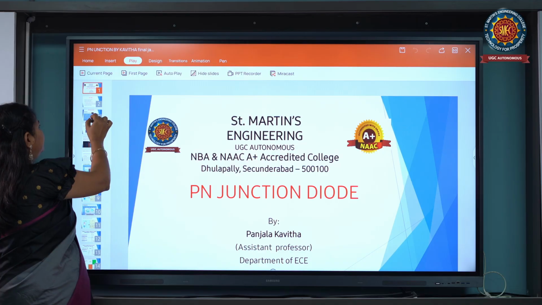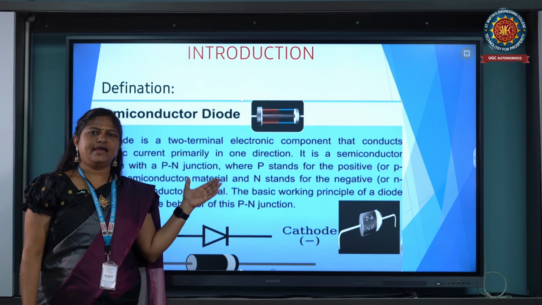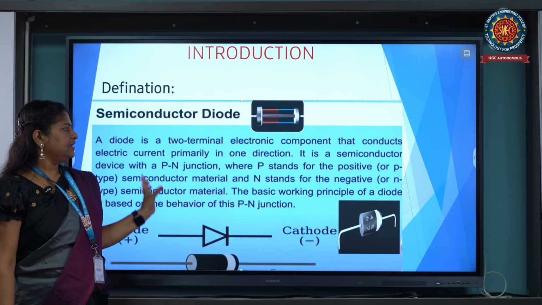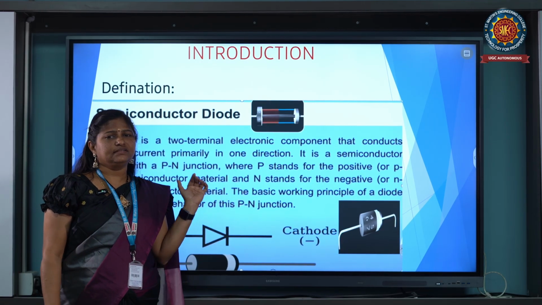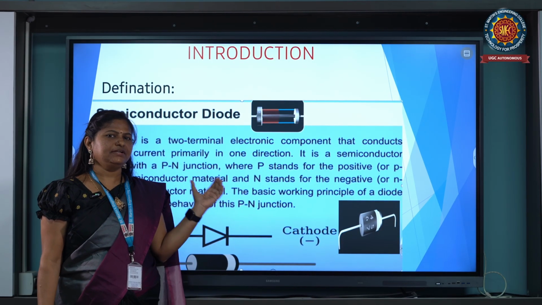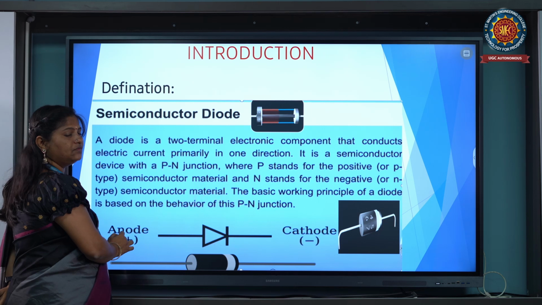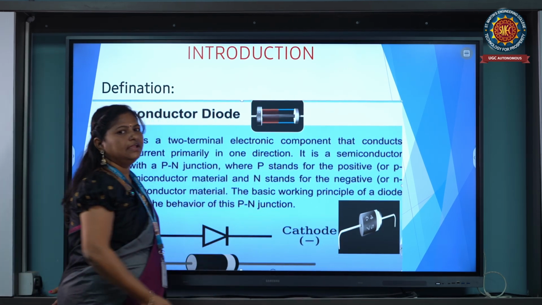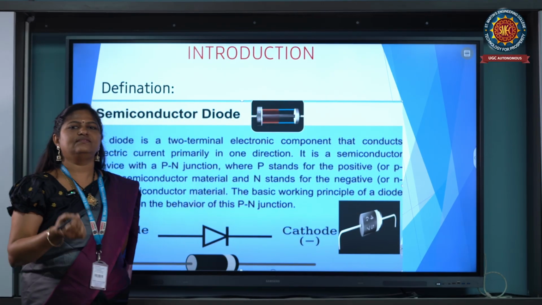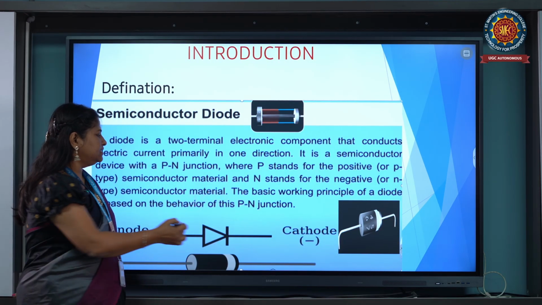Now this is the diode. A diode is a semiconductor device. It has two terminals, the anode and the cathode, and it is formed by joining P-type semiconductor material and N-type semiconductor material, which forms the PN junction diode. The symbolic representation of the PN junction diode is this one. Anode is one terminal and cathode is the other terminal. Practically, it is available like this, and one white strip on the diode indicates the negative terminal. The opposite end is the positive terminal of the diode.